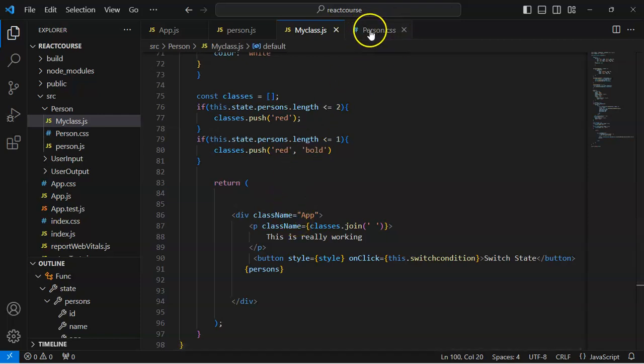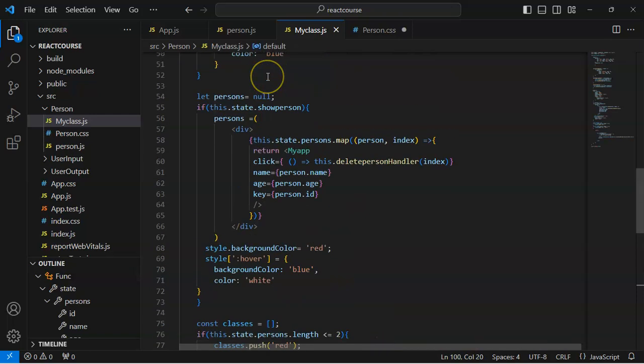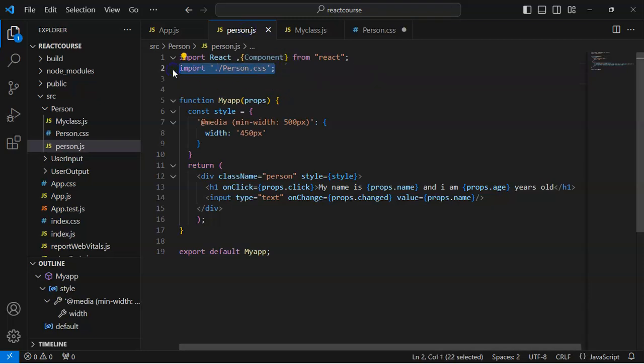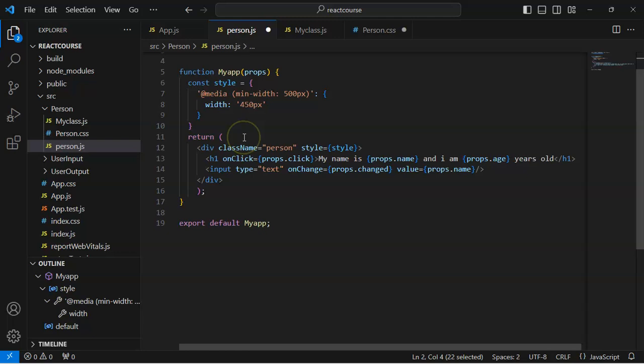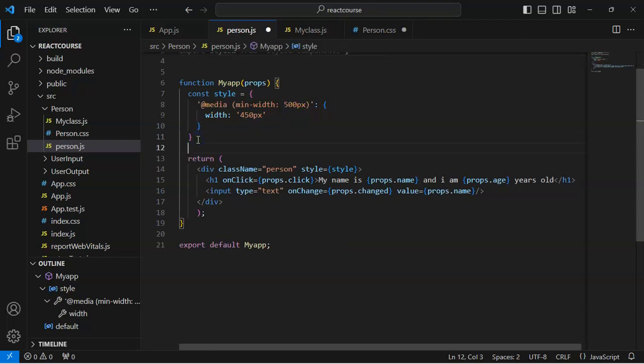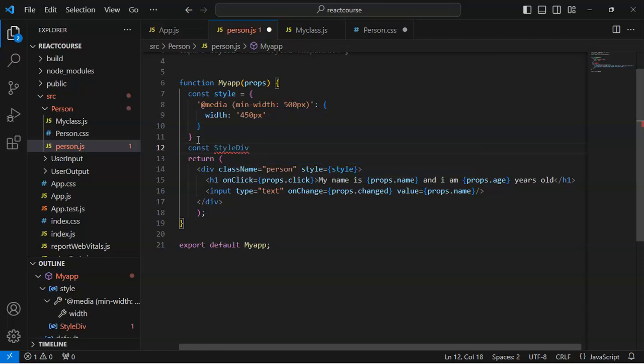Now see this code. I want to open the Person.css file and copy these style properties, and after this comment this out, because we want to use the styled-components package. And also I want to comment this out, and now I want to import styled-components. Import styled from styled-components. And now I want to create a new const called StyledDiv equal with